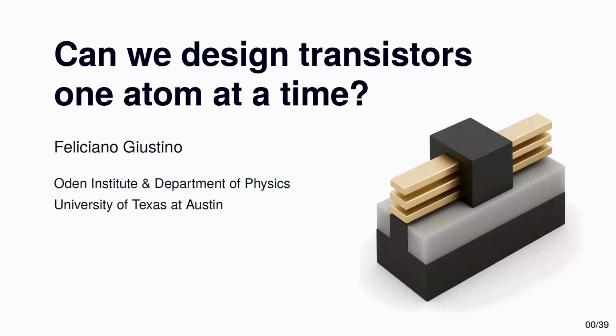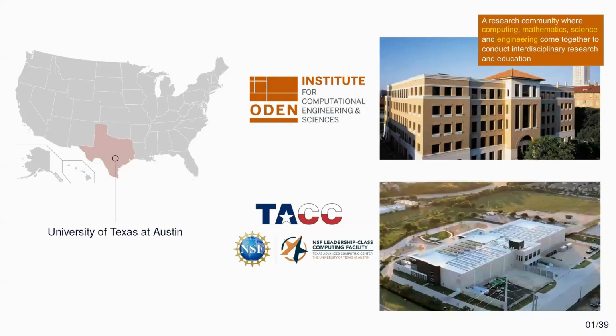Okay, so we are a theoretical/computational group, but I don't expect anybody to have a background in that. I will try to keep it as general as possible, and also feel free to stop me anytime if you have any questions. So just a couple of words about Austin. If you've never been there, we are sitting more or less in the center of Texas. UT is a public institution like Boise State, and it's the flagship campus of the University of Texas system. It's a very big place.